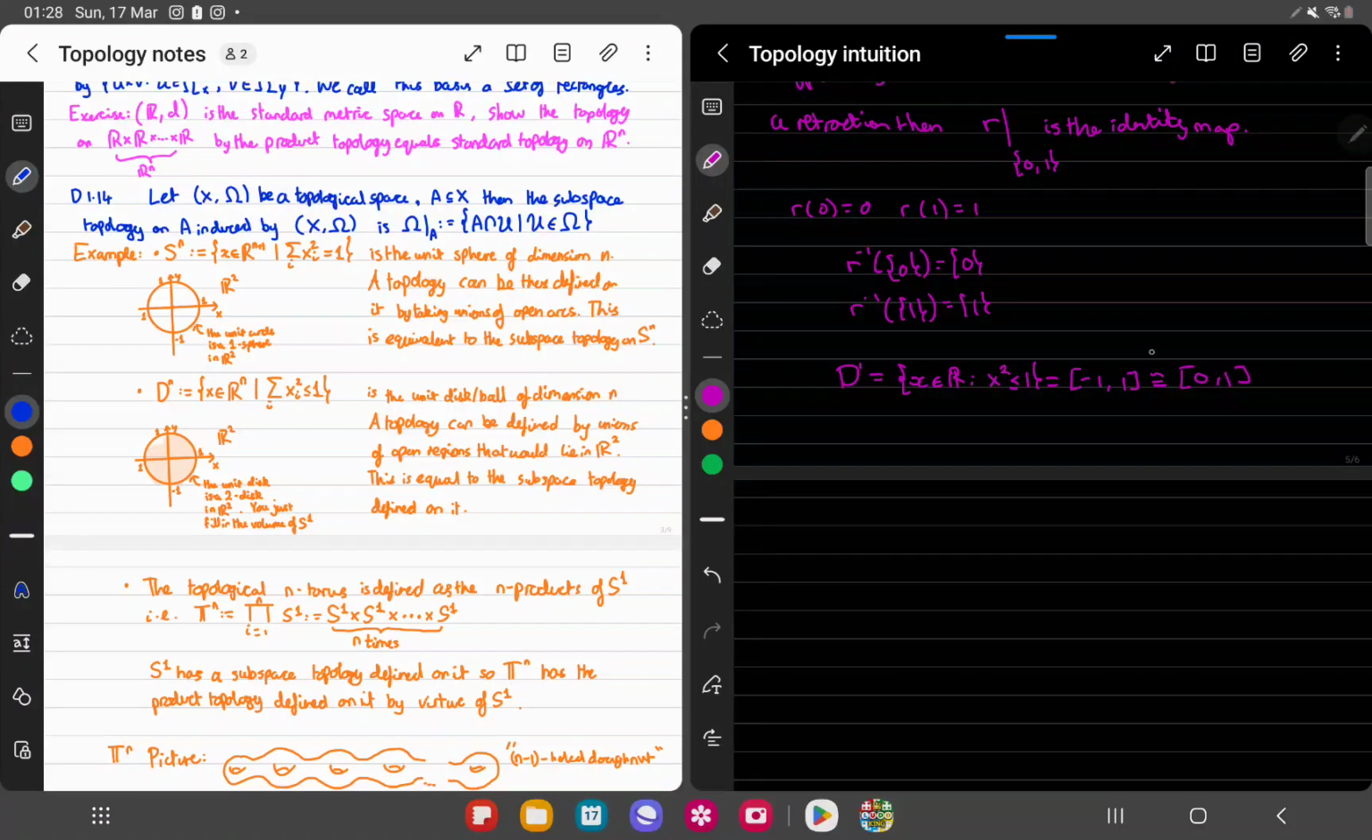0, 1, because I could just take the map x plus 1 over 2. That's a homeomorphism from this. So if I do maybe like this diagram, that's a homeomorphism like that. And I've shown that this thing here is not homeomorphic to